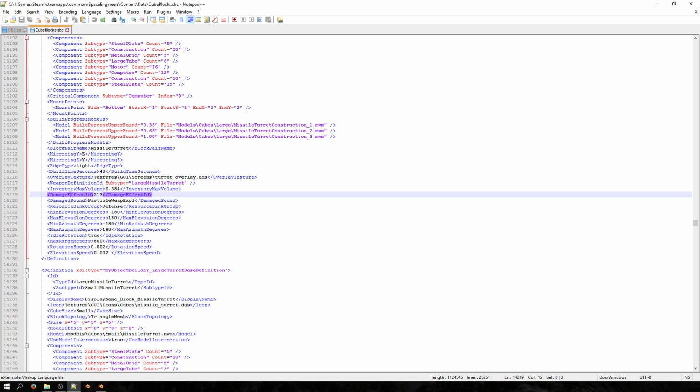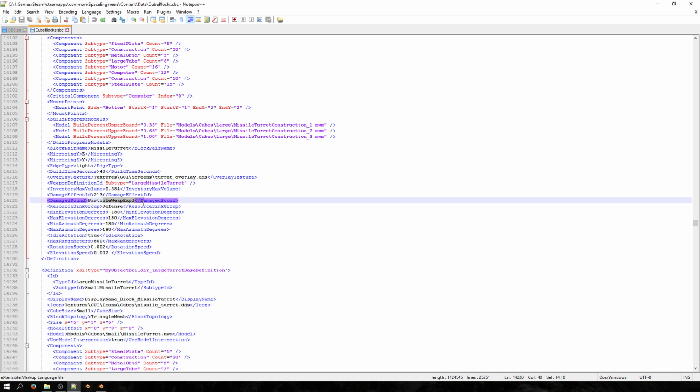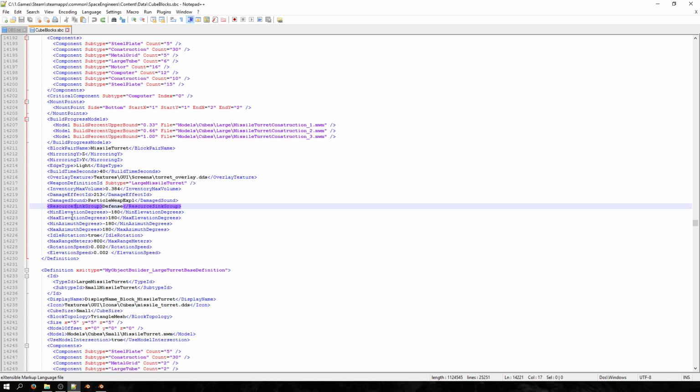Next is the damage effect ID, and that's, I believe, what it's going to sound like when it's damaged. And then, no, that's the particle effect. And then the damage sound is what it sounds like when it's damaged. Here we have it in the resource sync group defense. And then we have the